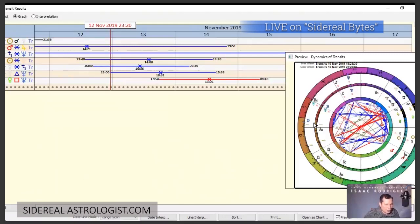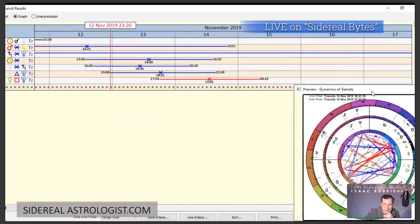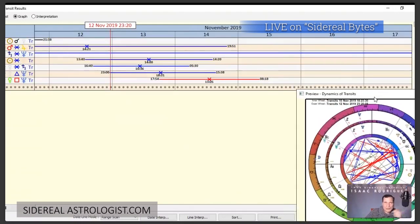Yeah, it looks like we have the transits up. So this is the transits for the week ahead. And this is the week of the full moon. Right here we can see Mars sextiles Jupiter, goes exact on the 12th. So also when the full moon goes exact, and the Mercury transiting the Sun